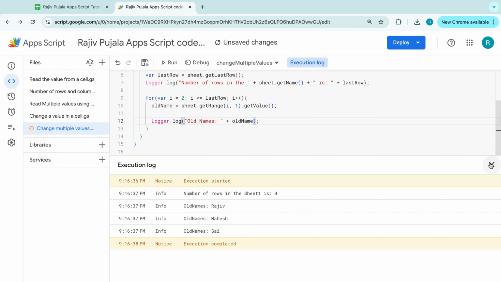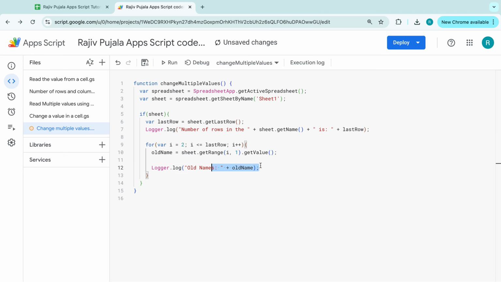Now our requirement is not just printing the values. If it is Raju, it has to be Raju Pujala, right? I'm deleting this one, or you can comment it. So if old name, notice the double equals. Whenever it is single, it is an assignment. Whenever it's double equals, we are checking whether the value is matching or not. If it is Rajiv, and always ensure that it's case sensitive. There is a difference between capital R, small a, jiv versus capital R, a, jiv, right? If it is Rajiv, then